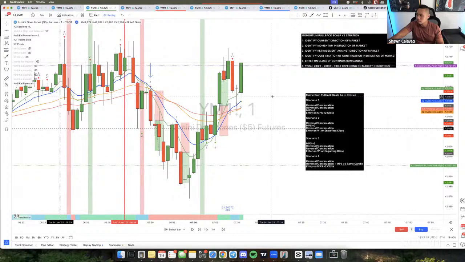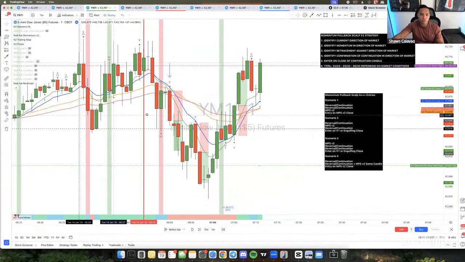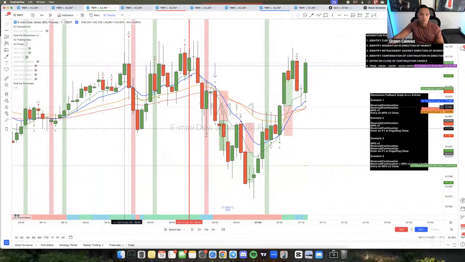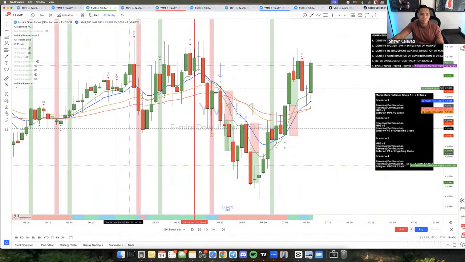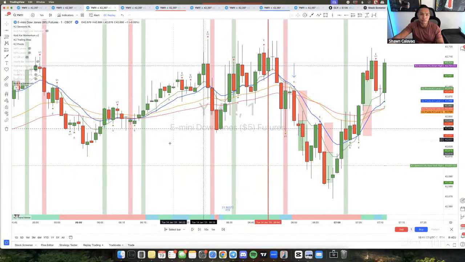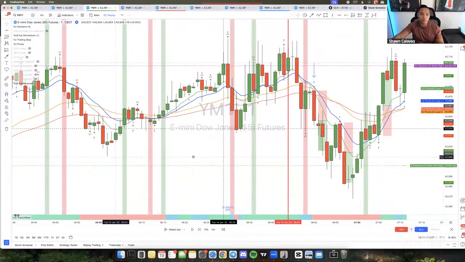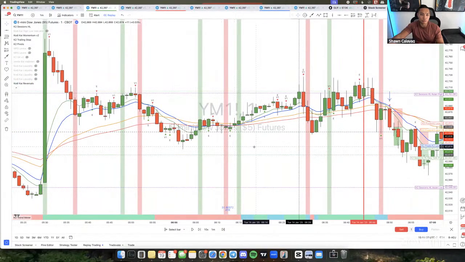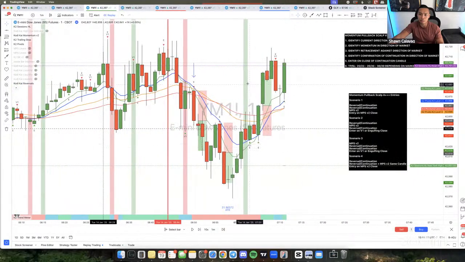Let's see, PC's asking, does engulfing include the wick or just the main body? It's just the main body. I mean, some people do the whole candle, but for the most part, you're not going to see candles like that too often because most of the time it's just going to be the body, right? So let me see if I could find one over here. Yeah, a lot of times it's just going to be the body, but if you do see one where it engulfs the entire candle, then that's an even better engulfing candle. But for the most part, the way that I use it is I look at mainly just the body.